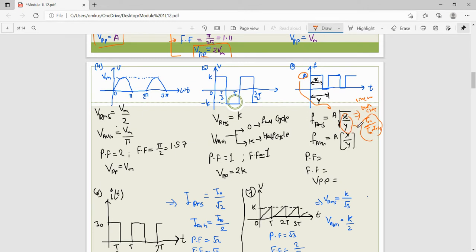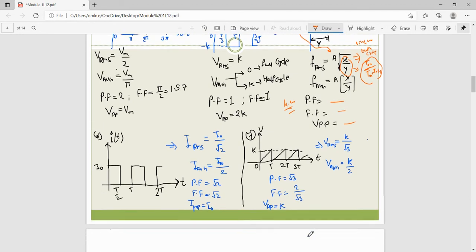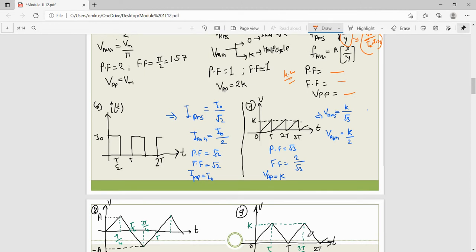So what is T on here? Whenever you get the signal, T on is this x factor and the total time period is the y factor. So this is like T on by T total. You need to calculate this factor. Take the ratio of these two. This is your homework. Try to solve it and write the answer for this particular signal; the rest of the signals I have already written here.